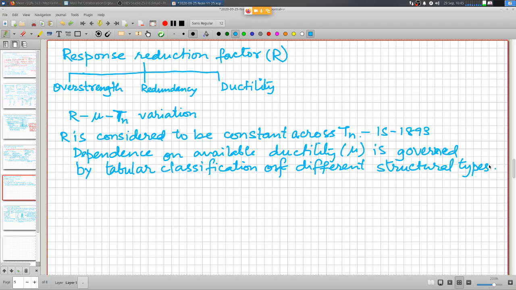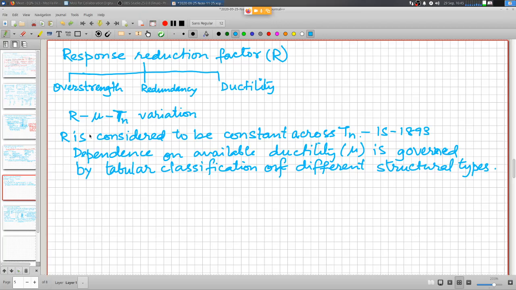But theoretically speaking, R depends on all of these factors: overstrength, redundancy and ductility, and it cannot be the same across all situations. Even it may be different at the different sections within the same member, right? So this exercise will be your next homework problem. So be prepared for that,